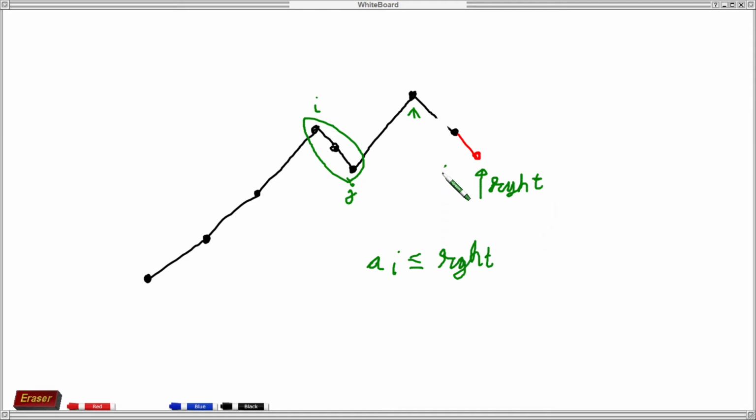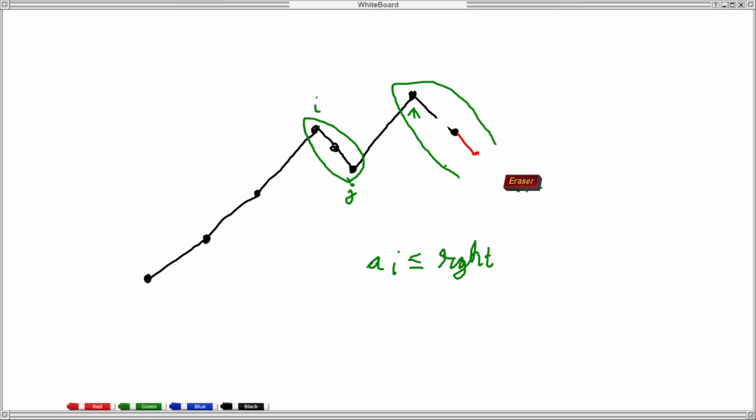But this is not a problem, because if we are checking ai with this part, let's say this comes true but this is false, then the next time we will check it with this part. When we reverse it, we will again compare it with the previous value, so it will be handled.